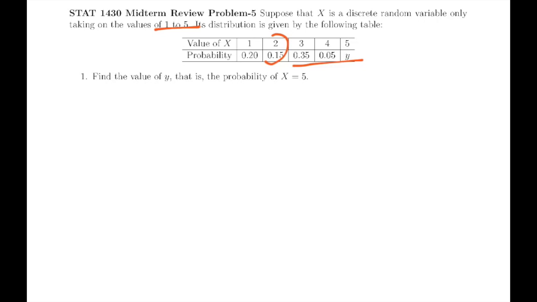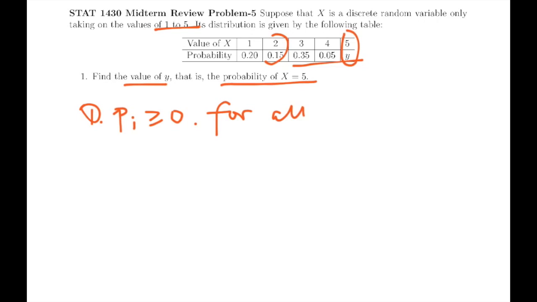But we can see that when x is equal to 5, its probability is equal to y. So our first job in this problem is to find the value of y, that is the probability of x equal to 5. Remember, the probabilities in a discrete distribution satisfy two criteria. The first one is that all the probabilities p sub i are greater than or equal to 0 for all i. And the second,